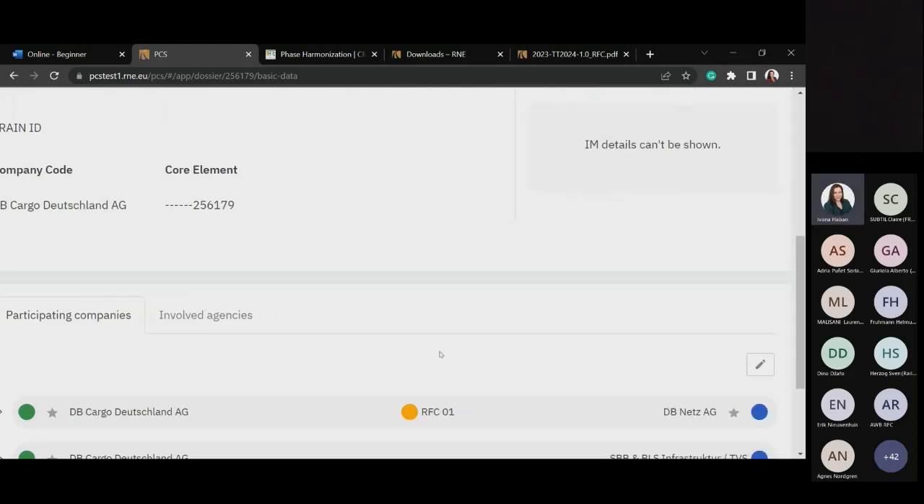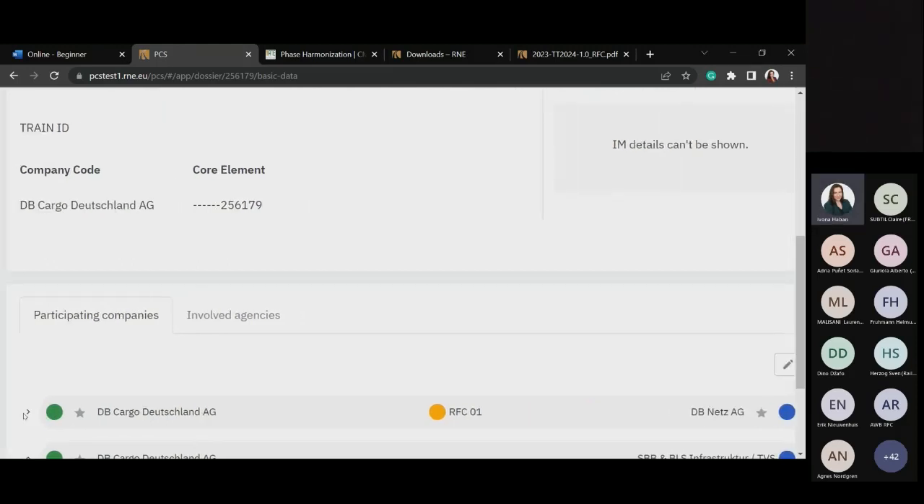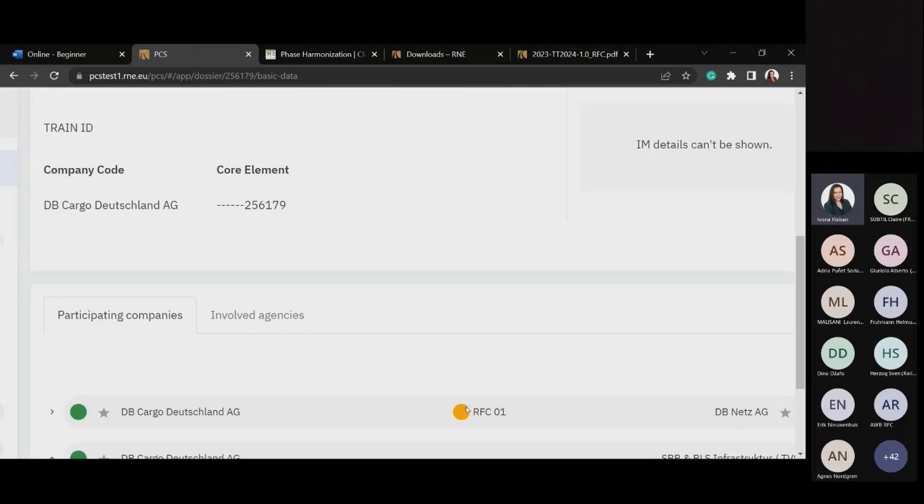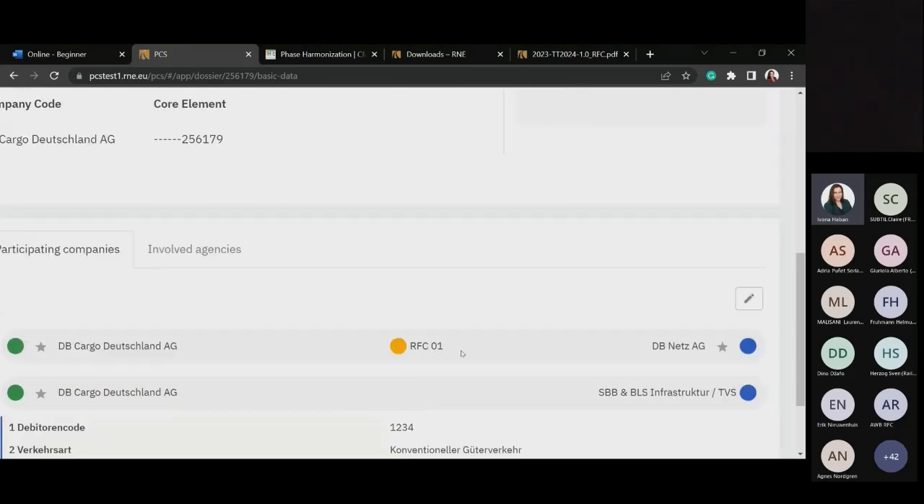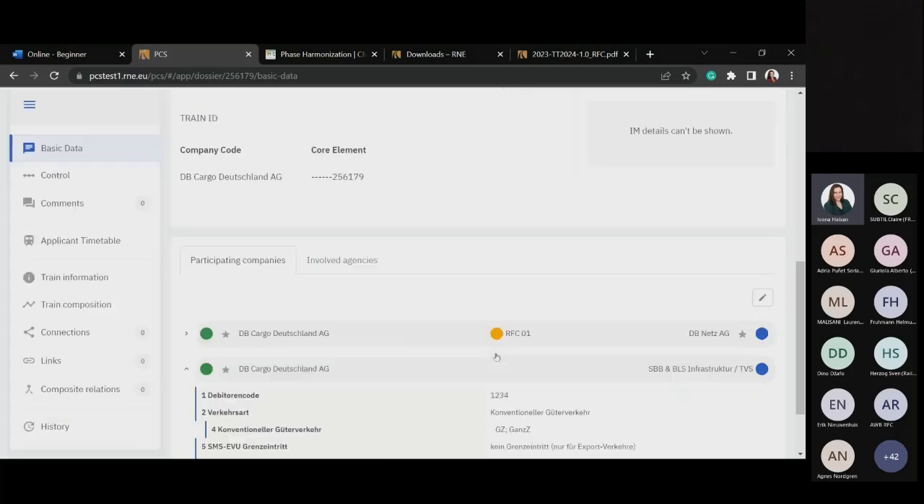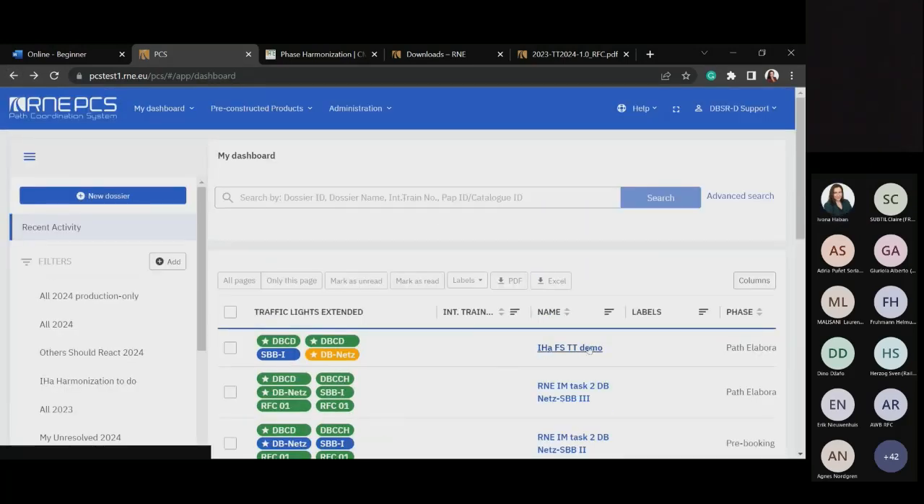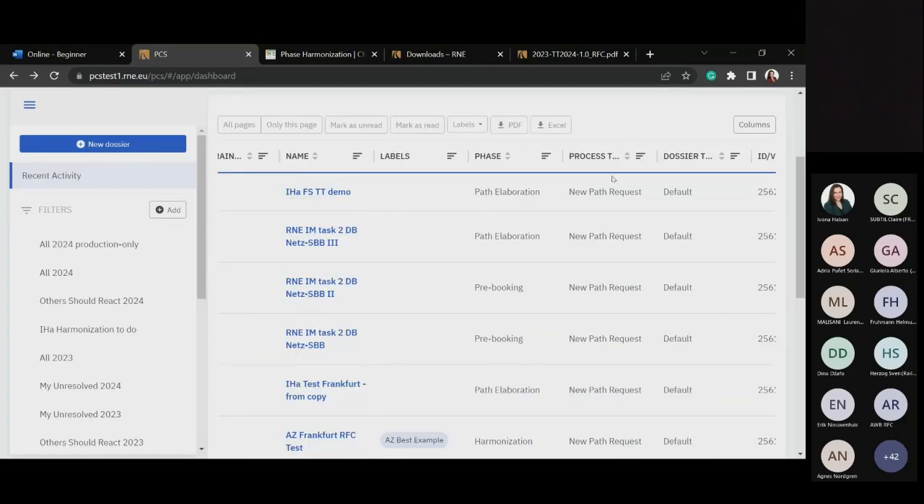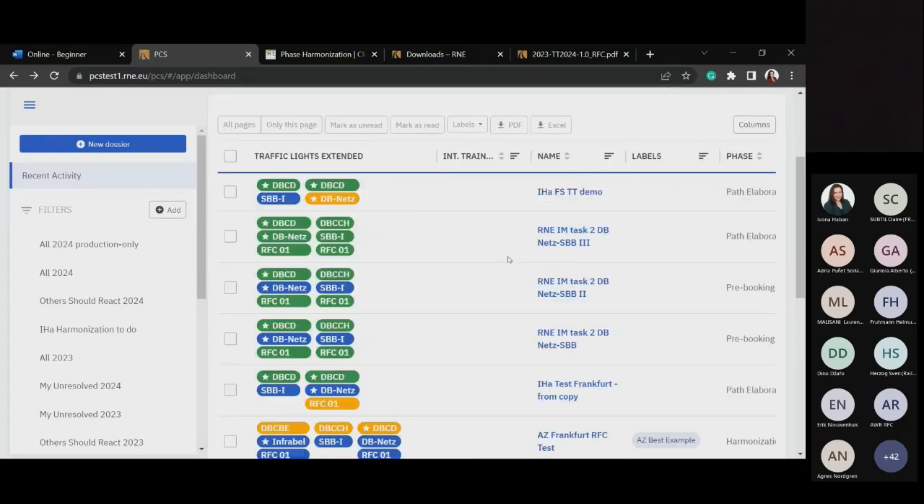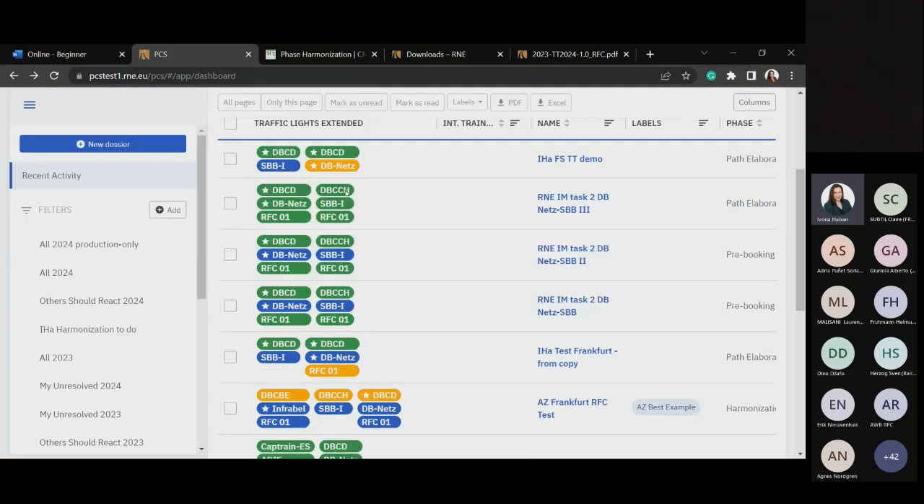So one participating company has the light on green. It means that their job is finished. The RFC light is on yellow. It means that they are currently working. The IM light is on blue. It means that nobody from this agency has opened this dossier yet, so it is not even checked. And let's see if we have one more example or not. Not really, but the second one is also